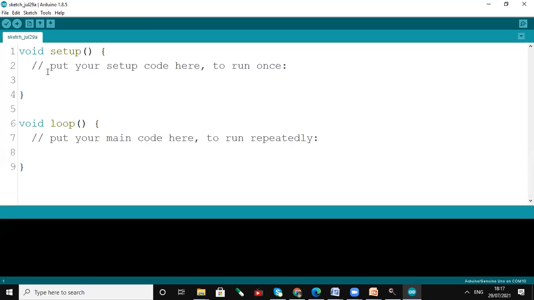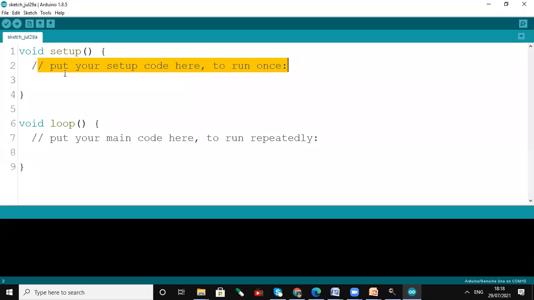Now we'll come to the next two functions. The first function is void setup. This is a default function which is available whenever you open any new file, and you are supposed to write your content here.